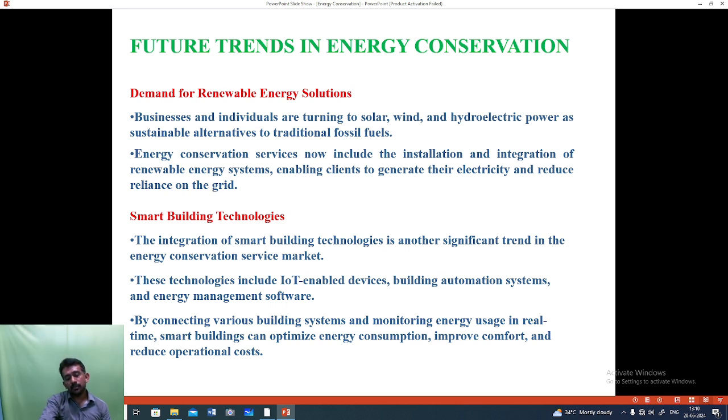So this system will reduce the unwanted energy consumption by a consumer or any utility systems. This is also done by energy management software and building automation system software. So most of the things are being automated. So what are the outcomes of the smart building technologies? We can optimize energy consumption, improve the human or occupant comfort, and reduce the total operating cost of the utility or the energy manager.